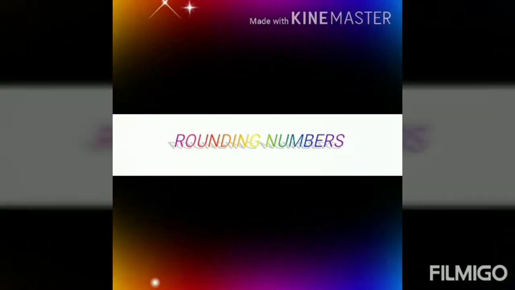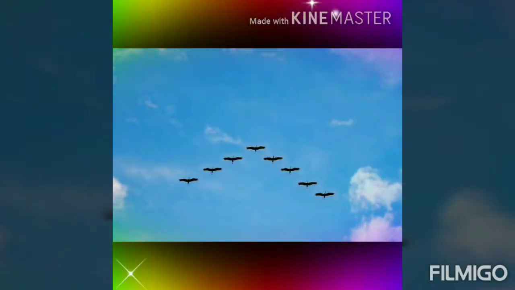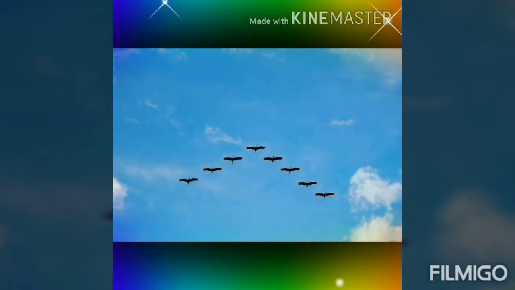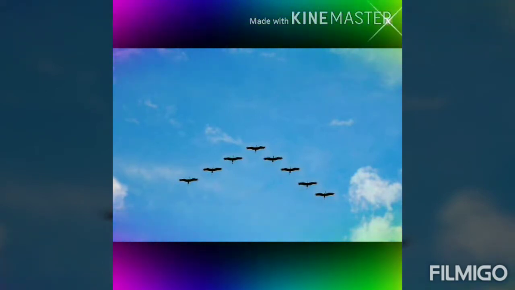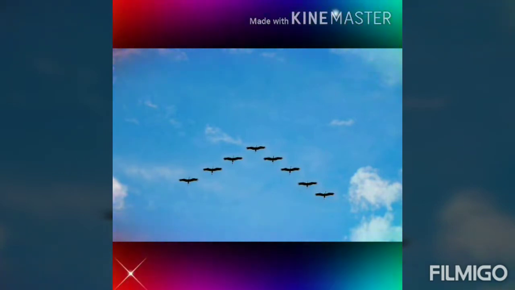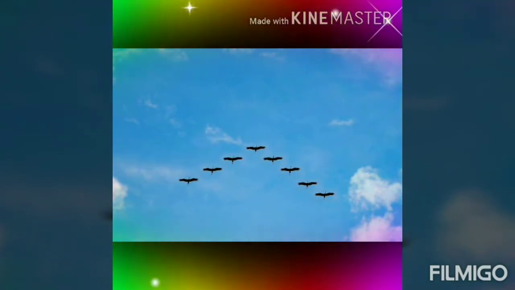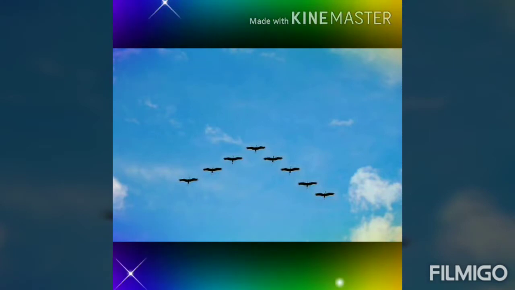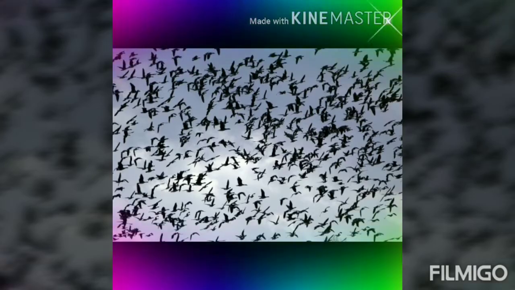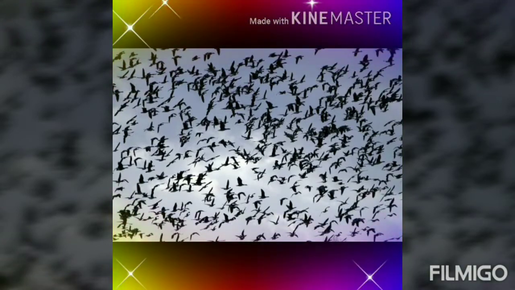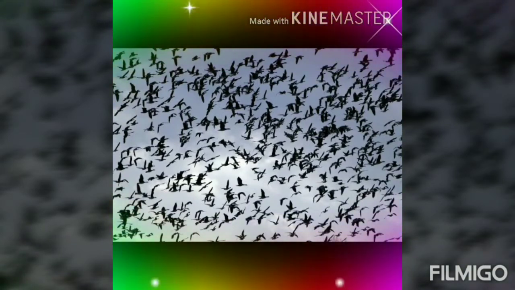See here, for example, sometimes you may see in the sky some birds flying in groups, correct or not? You can see a flock of birds flying in the sky, right? You cannot count. Sometimes if it is less, you can just count and say only this much is there. Or also how you will say approximately, no? Yes, for example, if there are 43 birds you can see, how will you count? You will sit and count one by one. No, approximately you will say, okay, 40 birds is there.